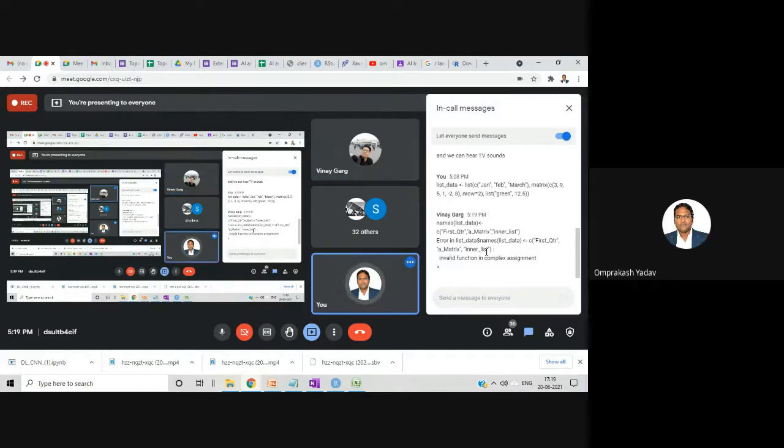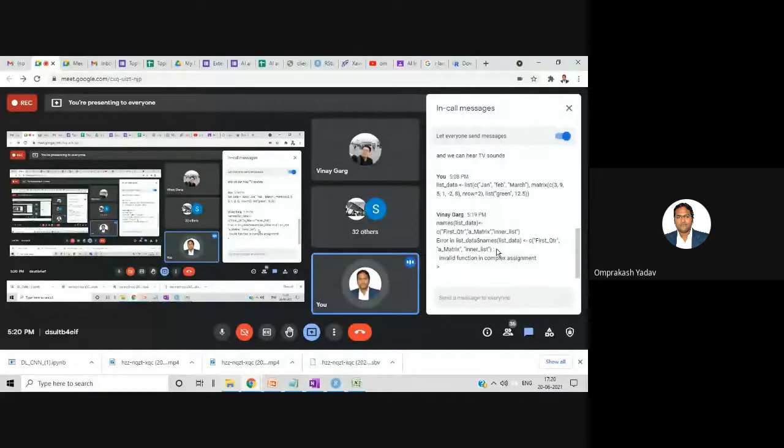Error in the list names. Okay. What did you put after that? A underscore matrix in underscore list. I think, yeah. See, at list underscore data dollar is not required before names. Yeah, that dollar comes under error only, not in my list. It is not showing. Okay, you have just given names, list underscore data. Yeah, above one, right.